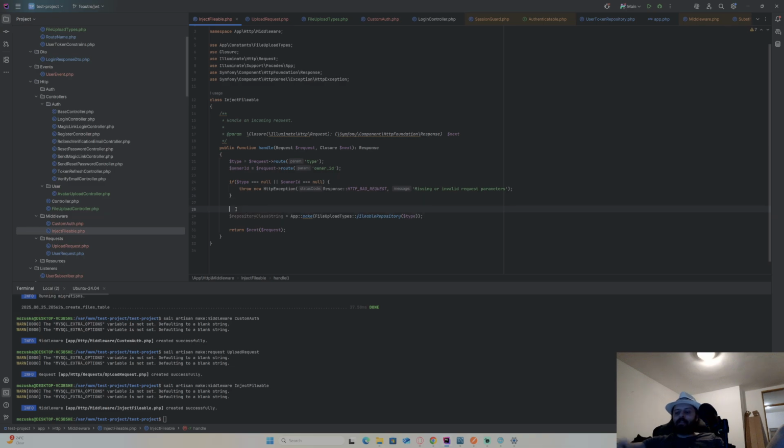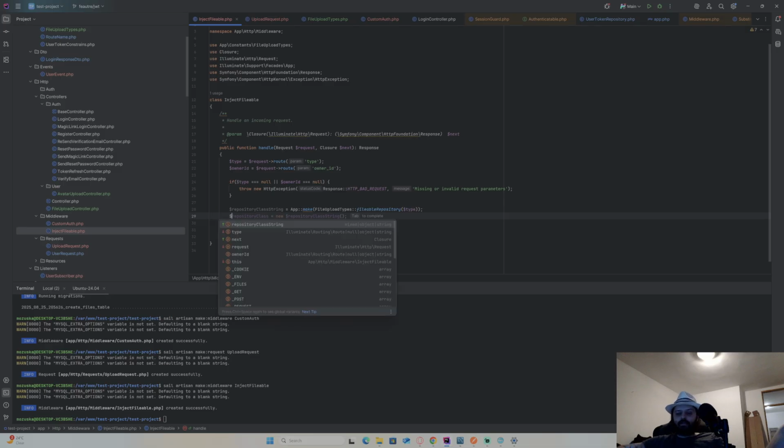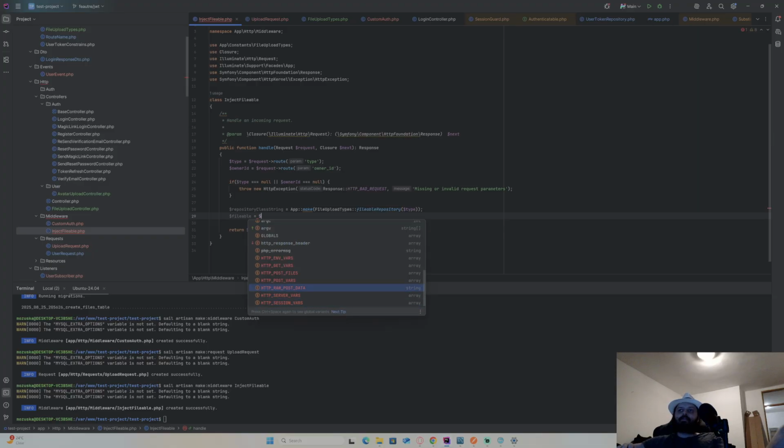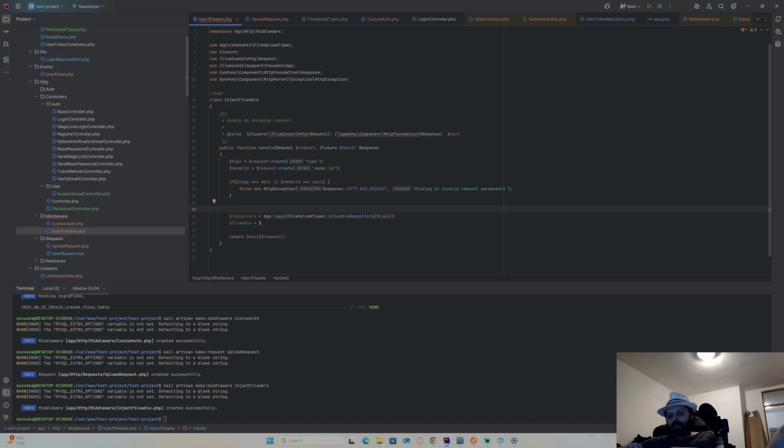That could be fine. And now repository is this. I have my type now, and now finally my fileable equals repository. It's going to be repository, and I put the class string, and I'll type hint it as a base repository because that's what it is.